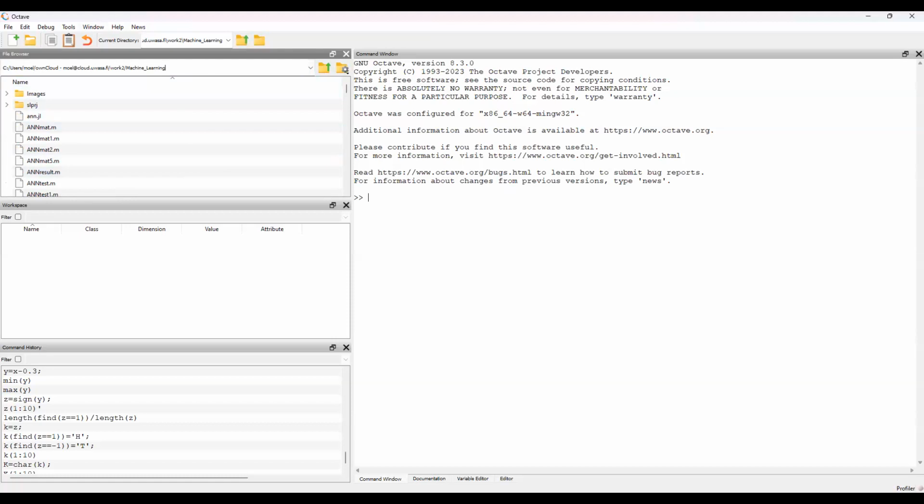MATLAB, of course, is more stable. It has more updates, at least twice per year. They have a lot of nice toolboxes there, but still, it is very costly for students. They need to pay at least 100 euro per student, and for us as teaching staff, we need to pay around 500